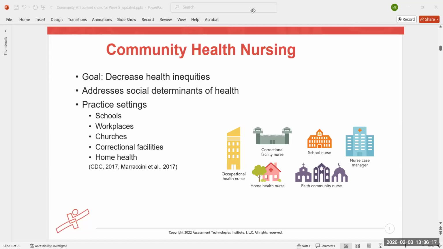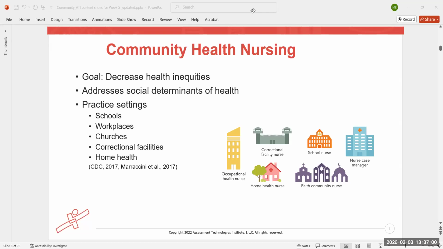So, when looking at ways that we can decrease health inequities, we first need to understand what health inequities are. Really, it's unequal care, and they could end up being factors that can threaten one's health. When looking at health disparities, these would be differences in how the patient can access available services, their overall health status, and the influence of their environment and their family. Looking at those differences could have a direct effect. And as nurses, we want to be aware if there are health disparities present so we can intervene